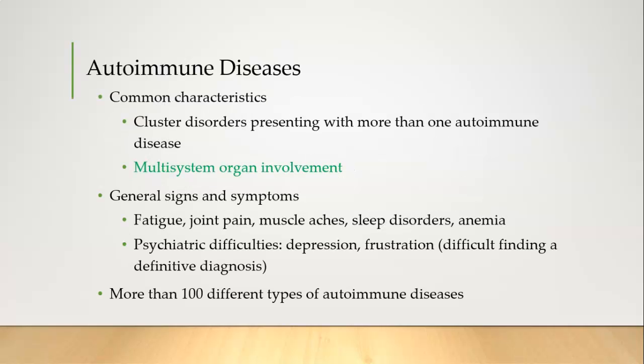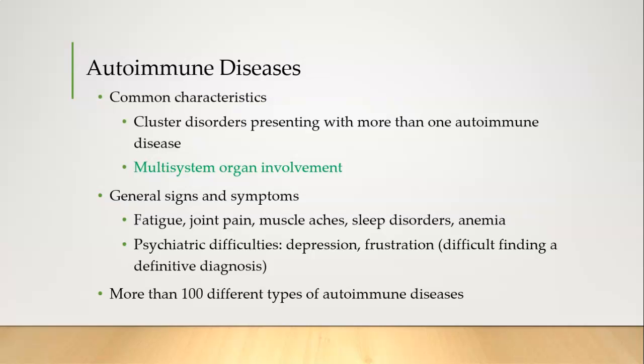So autoimmune diseases have some common characteristics. They're a cluster of disorders, presenting with more than one autoimmune disease, multi-system organ involvement, and general signs and symptoms. Oftentimes there's fatigue, joint pain, muscle aches, sleep disorders, anemia, and psychiatric difficulties such as depression and frustration,